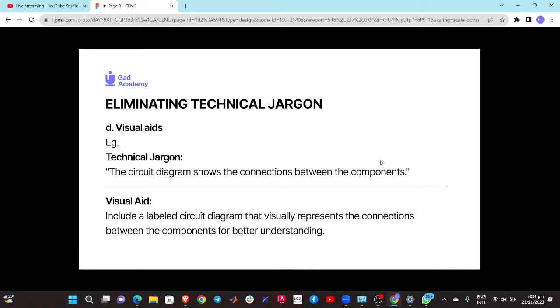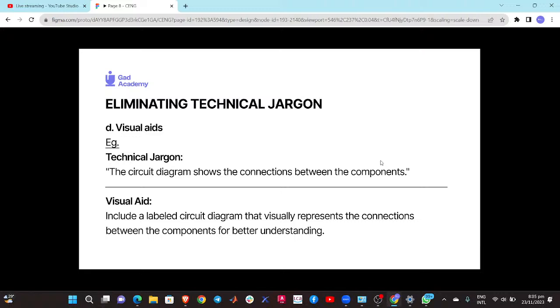Visual aids. So the technical jargon is, the circuit diagram shows the connections between the components. And then in the visual aid, you can include a labeled circuit diagram that visually represents the connections between the components for better understanding. So instead of writing the circuit diagram shows the connections between the components, you can just put a diagram there,